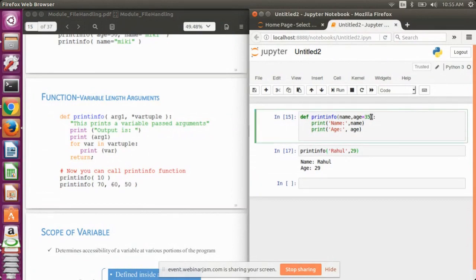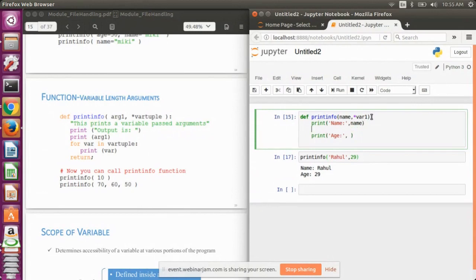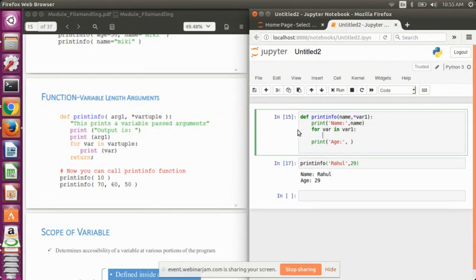So let me show you this. Suppose I use the same example and let's name it as var1. Let's print the name and then print. Now basically here we are using a loop to fetch the values from a list and print them.